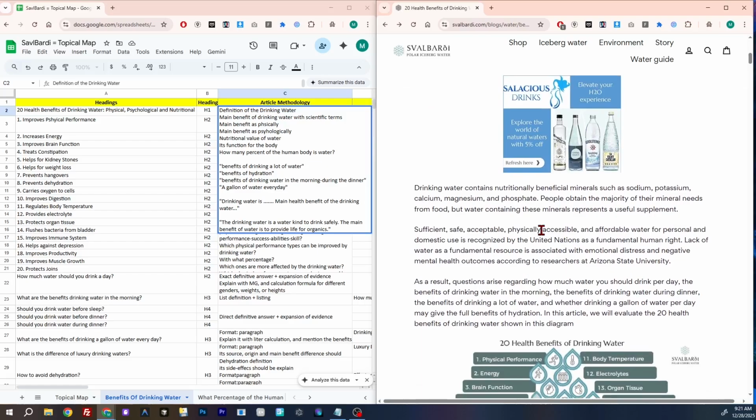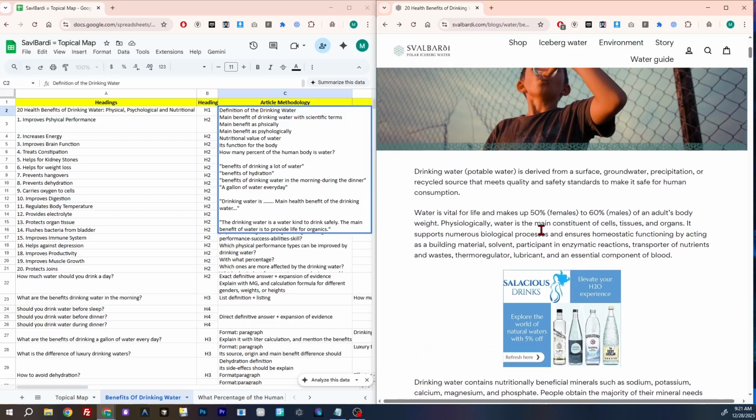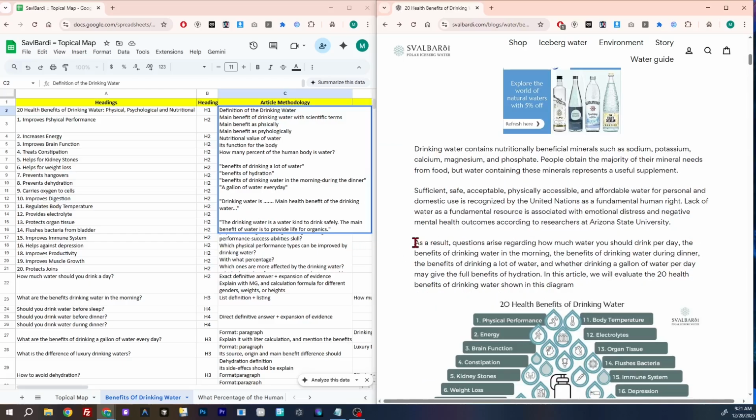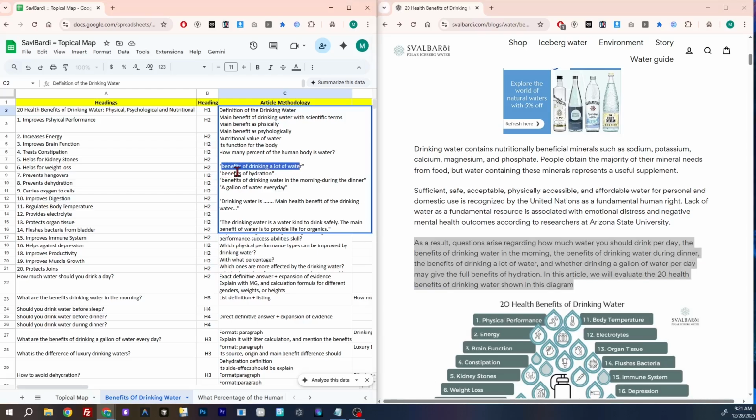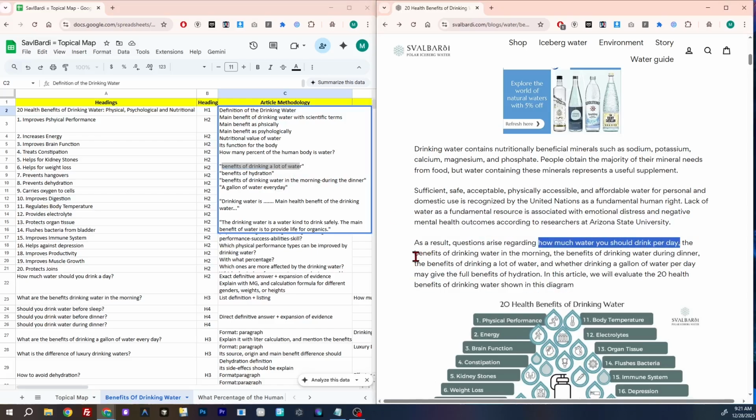Once we complete our specific macro context with a certain type of degree, sometimes we use the context term directly inside the macro context at the end. Like for example, you see the benefits of drinking a lot of water, benefits of hydration, benefits of water in the morning. Here you can see how much water you should drink per day, the benefits of drinking water in the morning, the benefits of drinking water during dinner, the benefits of drinking a lot of water, a gallon of water per day, and the hydration, that is the synonym of drinking water, that is the main benefit in that